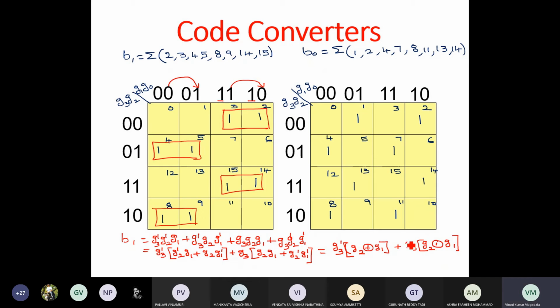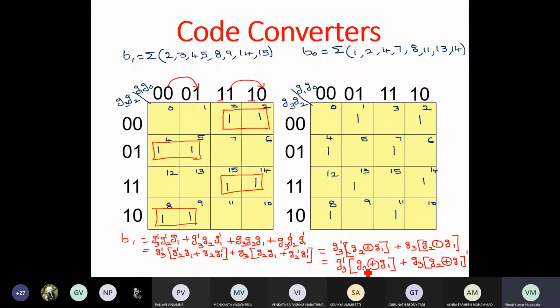So you see this is XOR complement, right? You can write it as Z3 prime and then Z2 XOR with Z1, and then this is Z3, whereas this inside thing you can write it as Z2 XOR with Z1 whole prime.